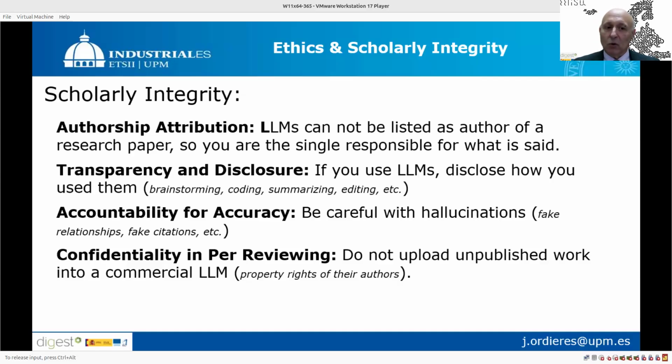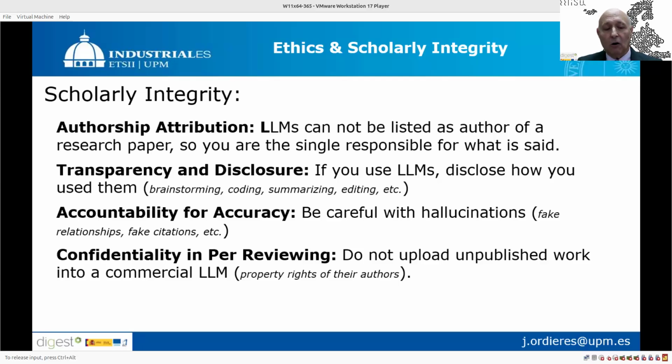And you can't shift responsibility to third parties like the LLM manufacturer or whatever. Then be transparent and disclose the usage you made of the LLM. It's not a matter of not using them, it's a matter of using them and declaring in which way you use them. And then be careful and accountable about the issues with accuracy, because, as I showed you in some examples,